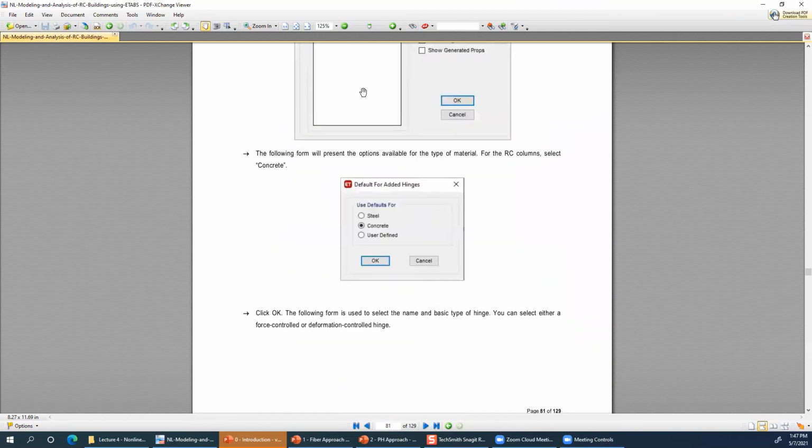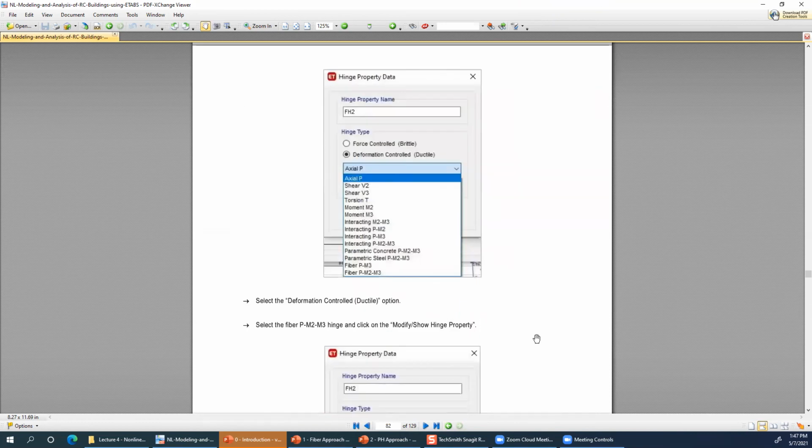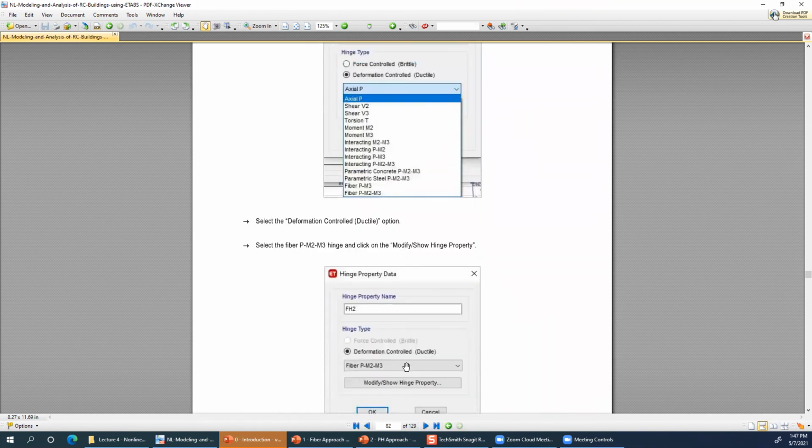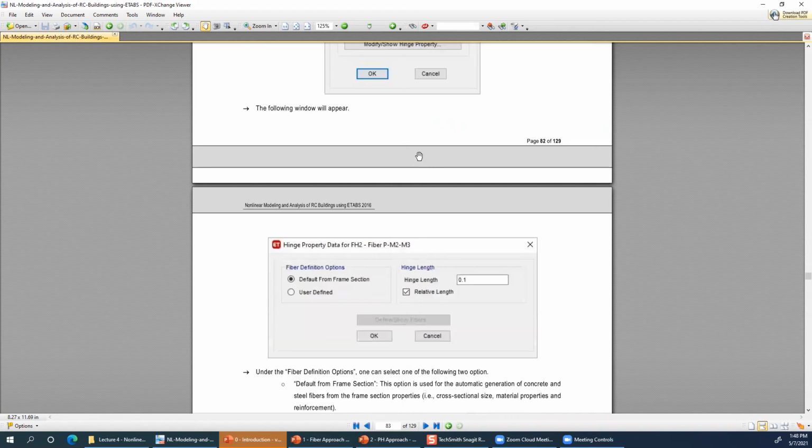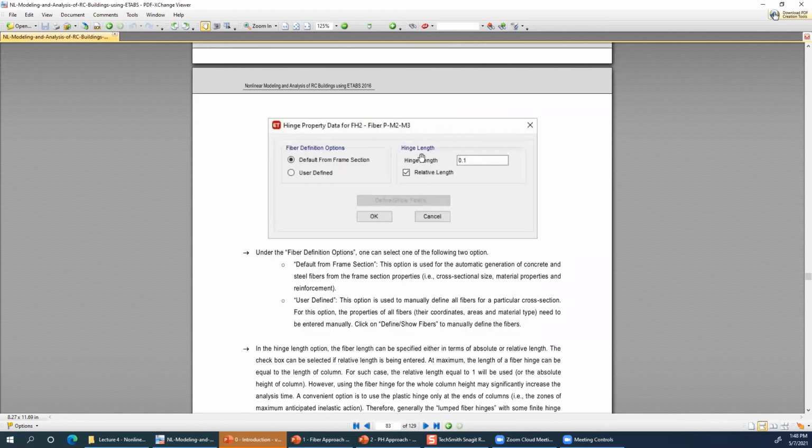And then I can add the same process, and then I can select for columns, I can select P, M2, M3 hinge, fiber hinge, and then I click OK, and I give the length of the fiber segment, which can be the fraction of the total length. So I give 0.1, which means 10% of the length on one end and 10% on the other end.